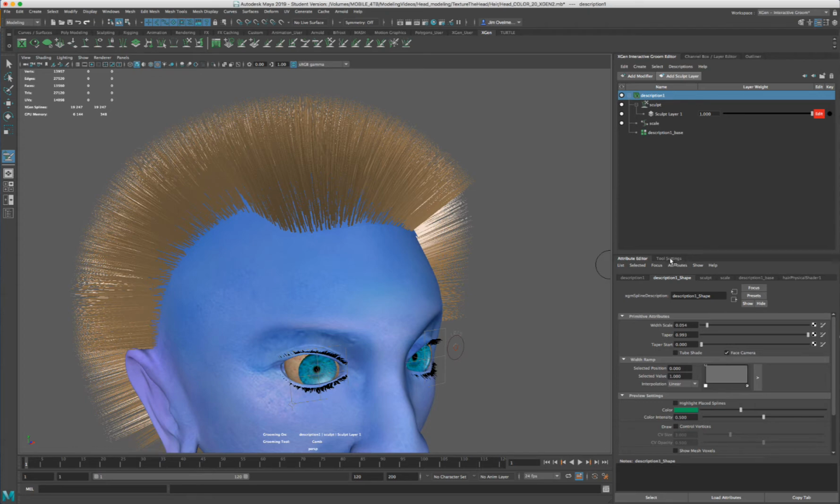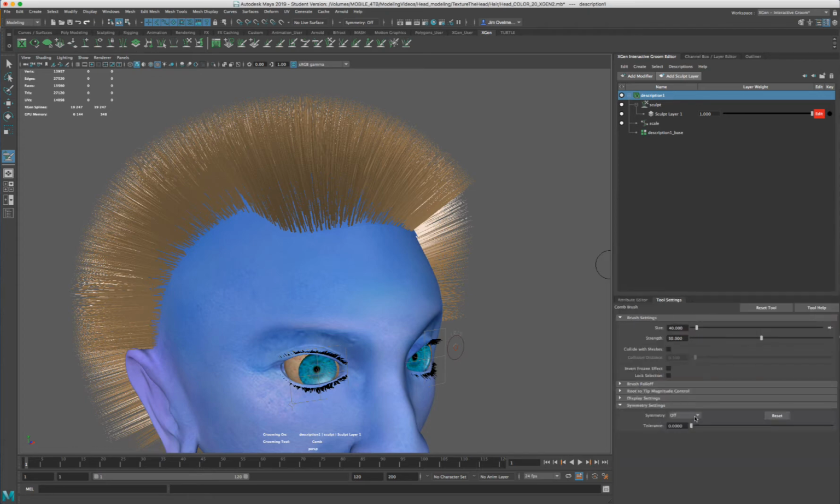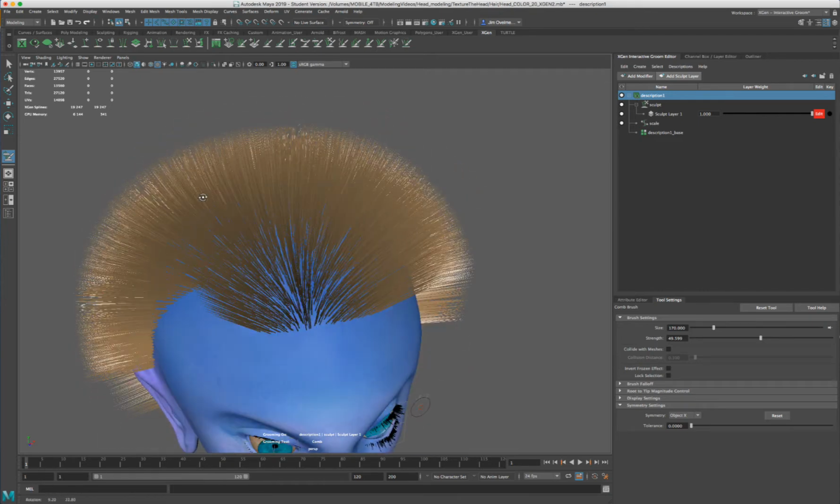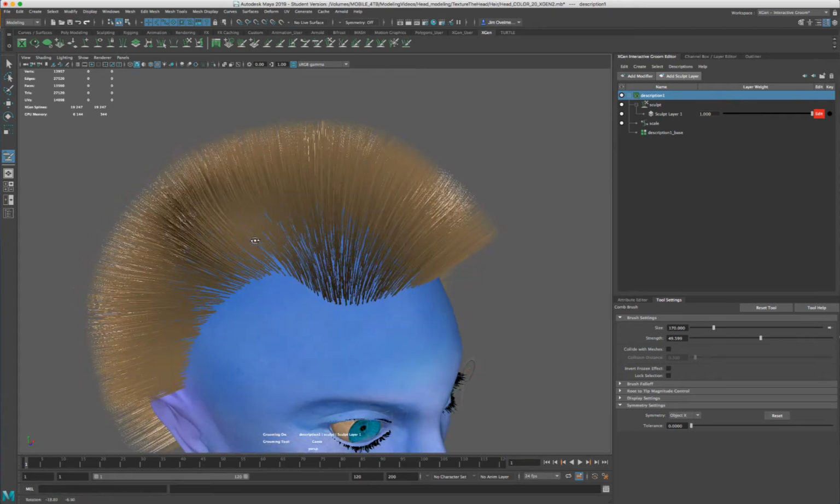Tool settings tab, here we'll have symmetry settings. We can set it for object X and then B. Hold and drag just like PaintFX and our other brush tools. M to change the power. B for brush size, and then we can start to comb both sides of the head